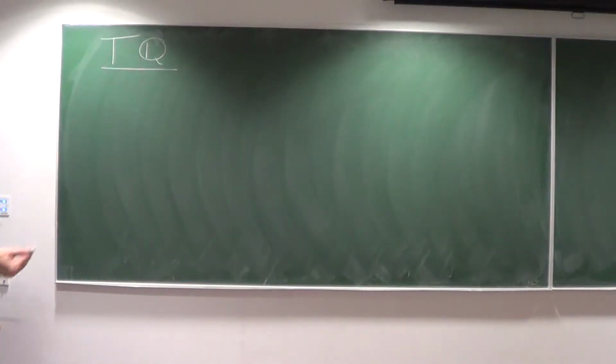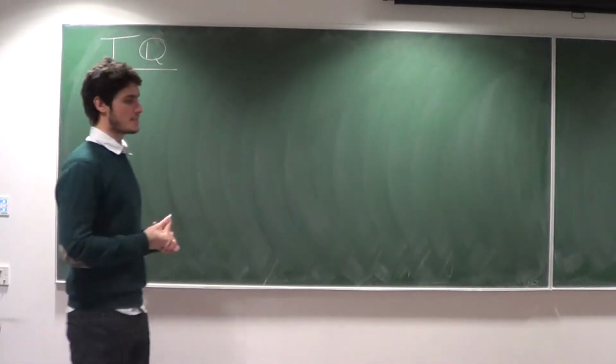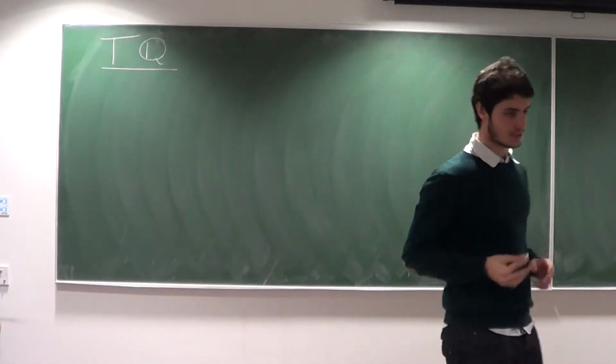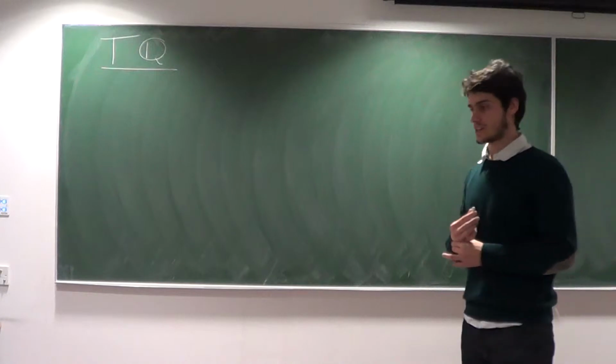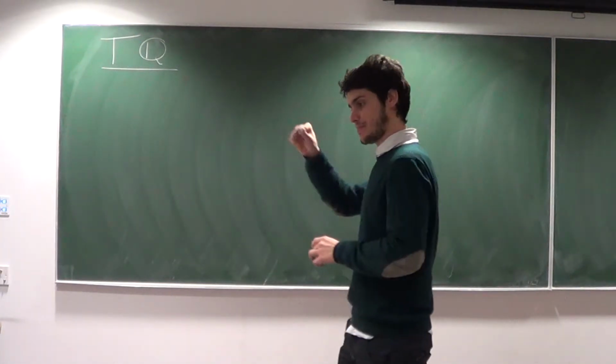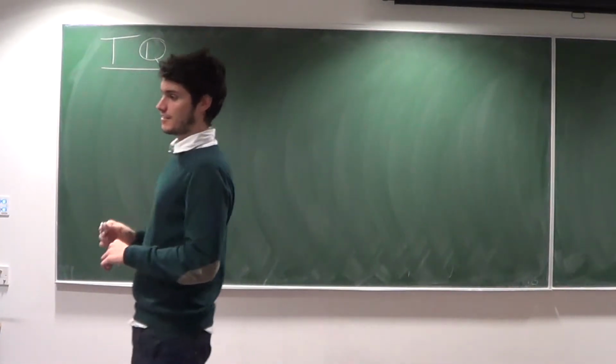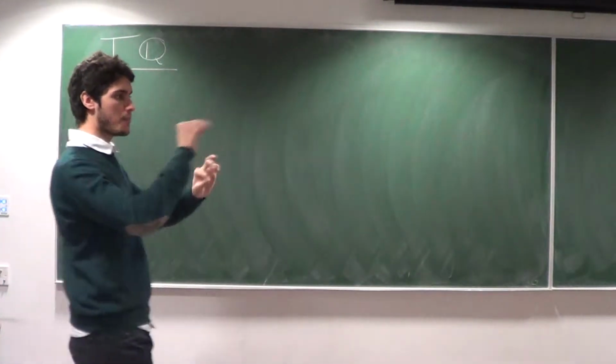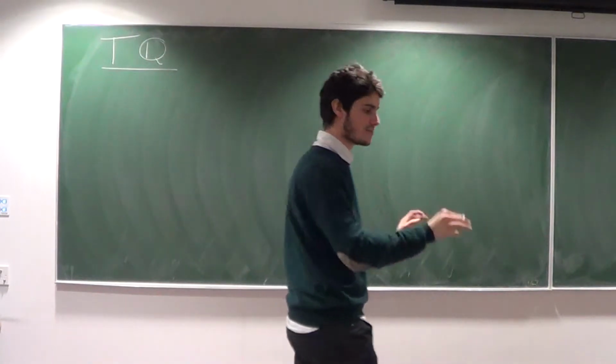Whatever it is, we don't care. It's just that it must be bijective with the set of all possible configurations, as we saw last time with the example of the bead on the wire,